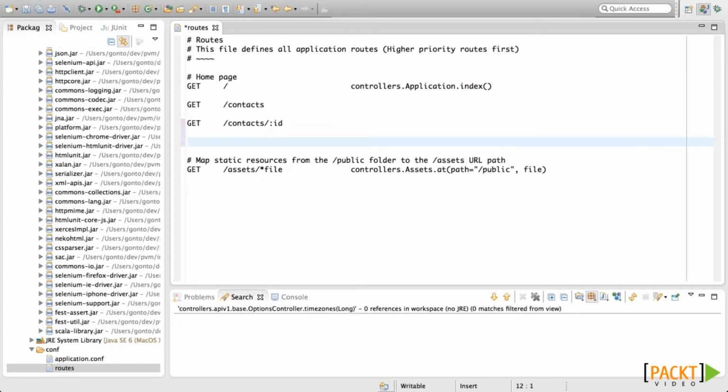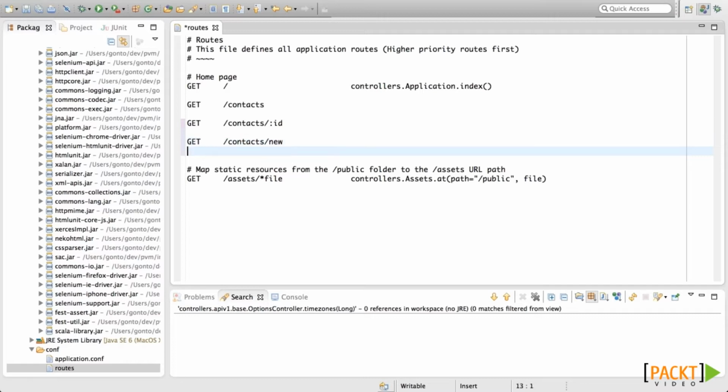Then we need to add a new contact. For that, we will have two URLs. The first URL will only show the view so that the user can interact with it and then send the request to the controller. That one will be /contacts/new. And then he will post all the information that he has filled to